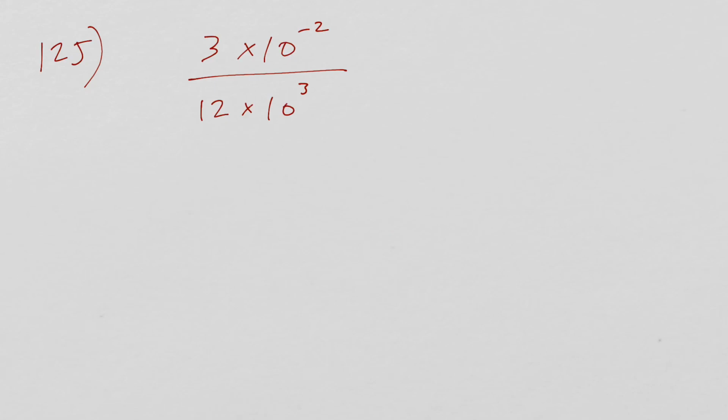Okay, I'm going to start by dividing 3 by 12. 3 divided by 12 is 1/4. 1/4 is 0.25. So I can do that math in my head. So now we're going to say times 10 to the -2 minus 3 is -5. But this number is not in scientific notation because we do not have a single non-zero digit to the left of the decimal. So now I have to move my decimal to the right to make this a 2.5